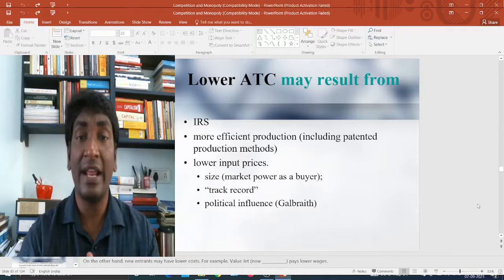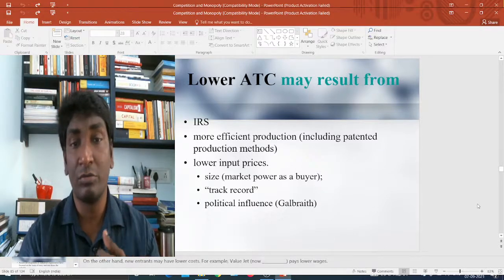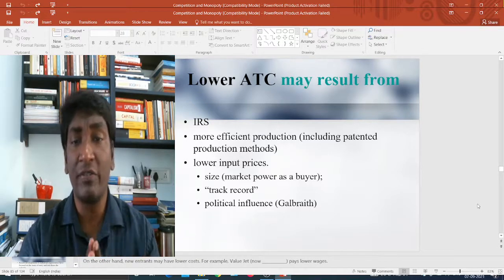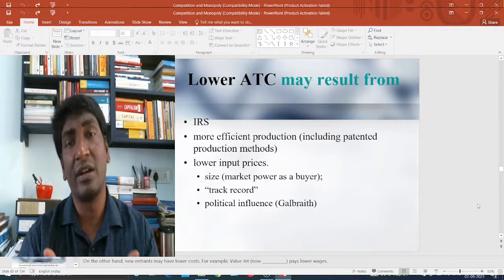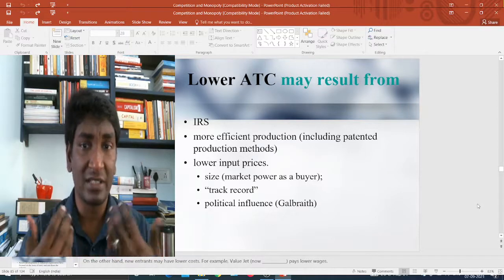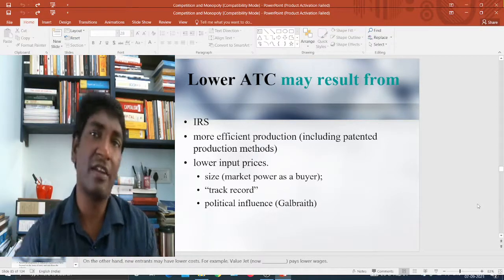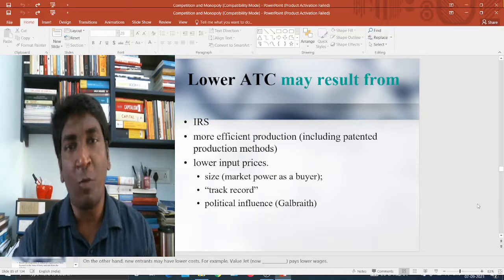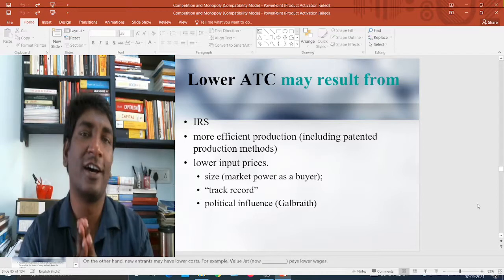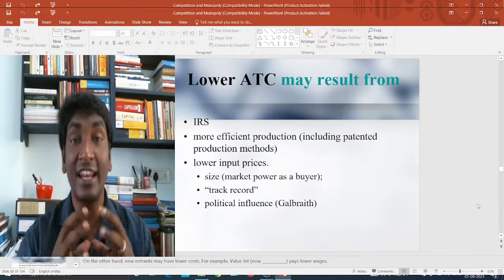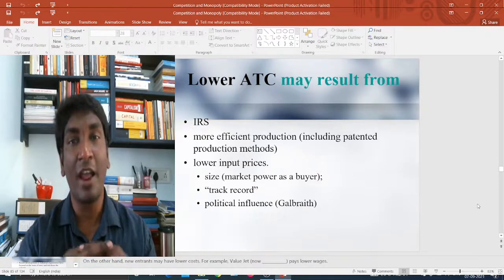So the lower ATC may result from IRS, then you have more efficient production, including patented production methods, etc., which we'll discuss at some point later, because these are also monopoly. A patented product means what? It is a kind of exclusive selling right. In that sense, it is a kind of monopoly. So once you have all this sort of market performance and market interactions, then and only then you can have a higher